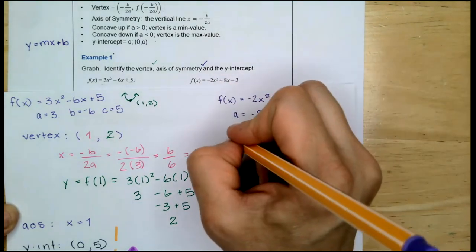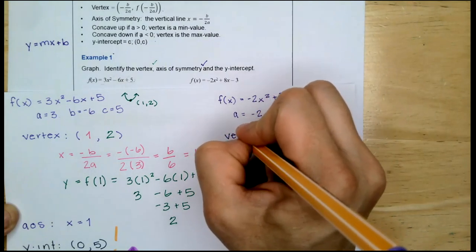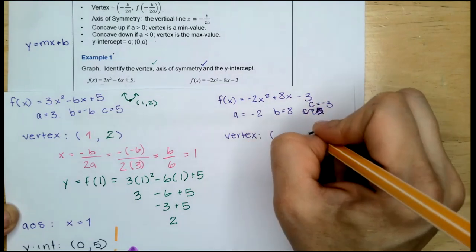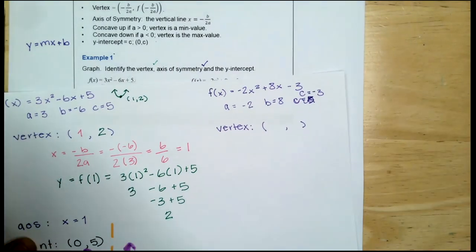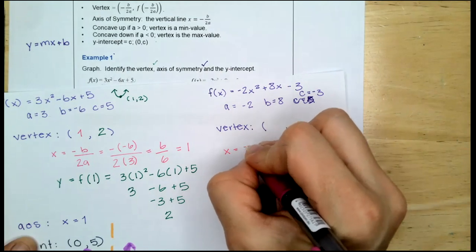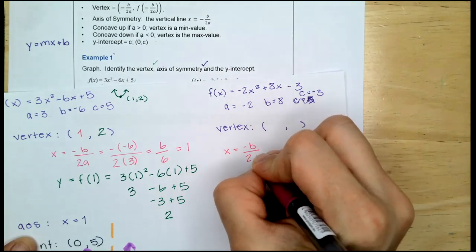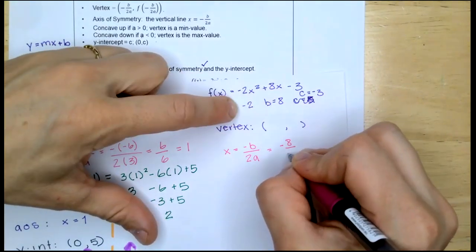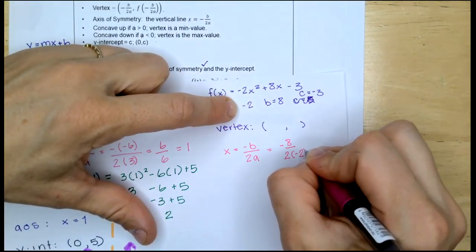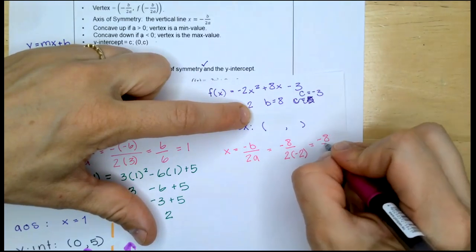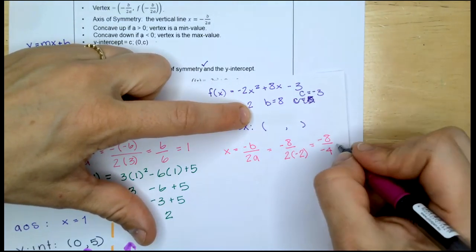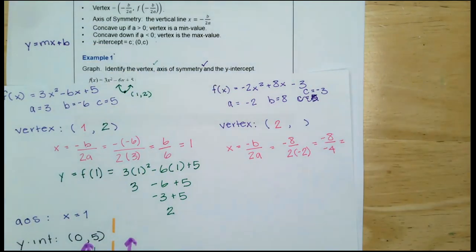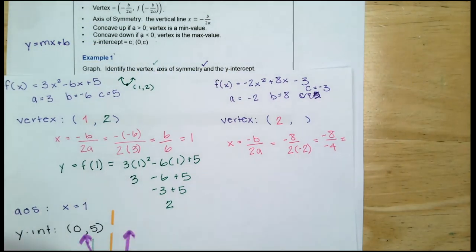All right, vertex, we're going to find it the same way. The x value is going to be negative b over 2 times a. That means it's negative 8 over 2 times negative 2, negative 8 over negative 4. 8 divided by 4 is 2. That's a 2, right? Okay, for y